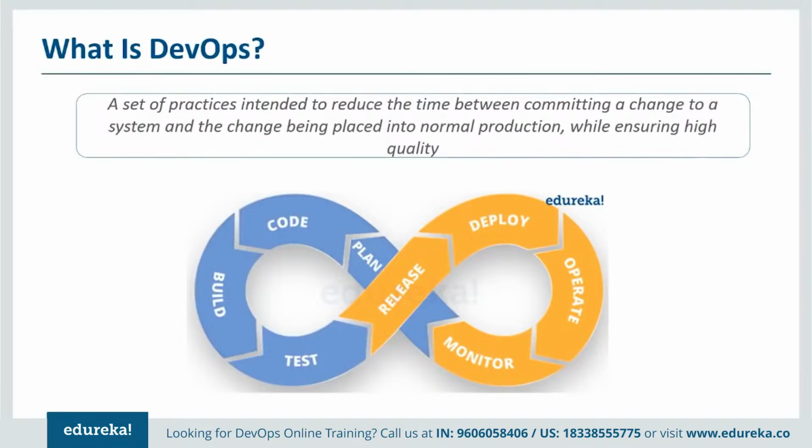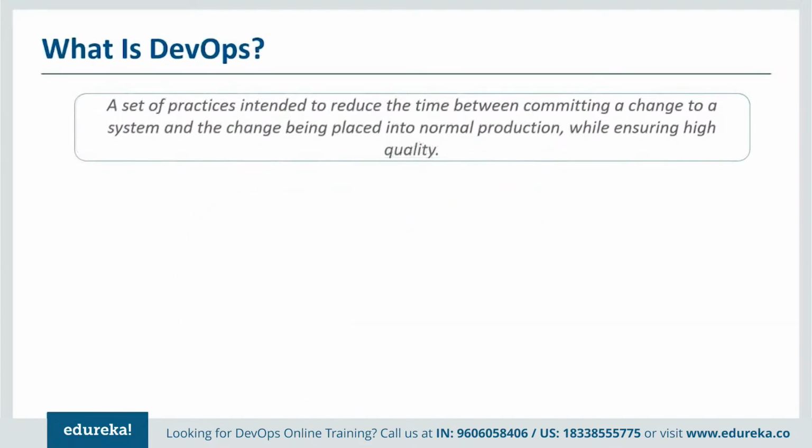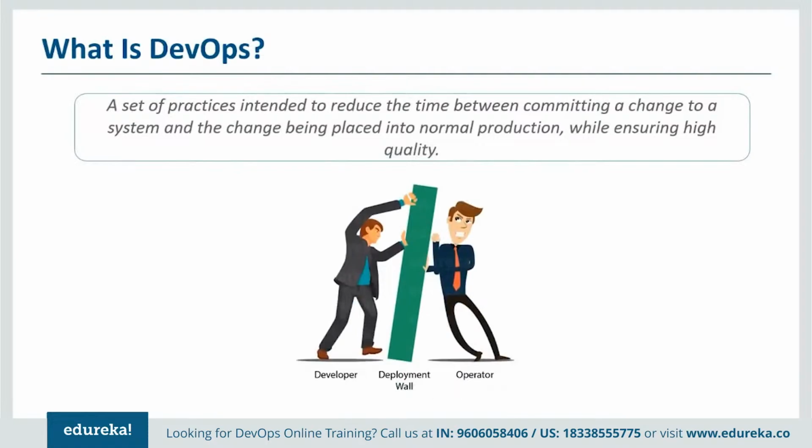Friction can be reduced, the time to market becomes faster, and the quality even becomes much better. Do not worry if you do not get 100% of what is happening. The overall idea to understand is that now the developers and the operations come together and work together as one single team. Just for this, a very small diagram: the developers build something, they start pushing it to the operations team.